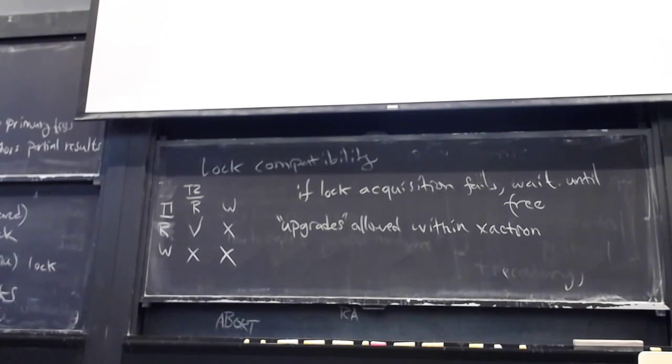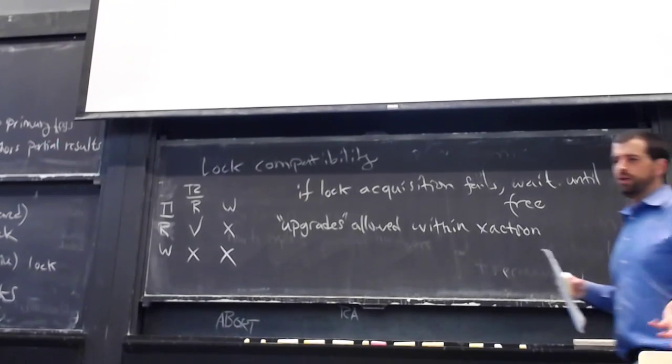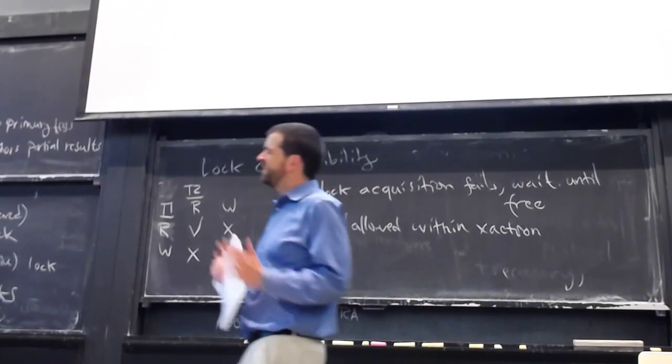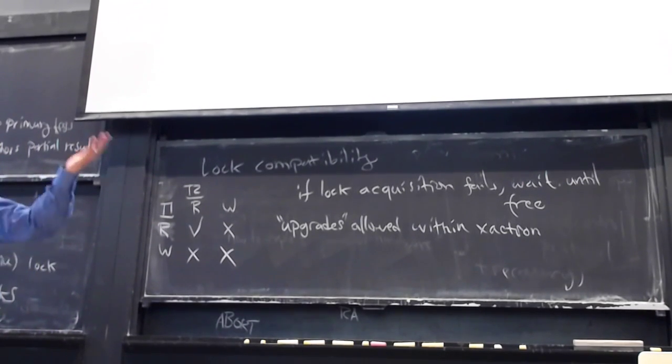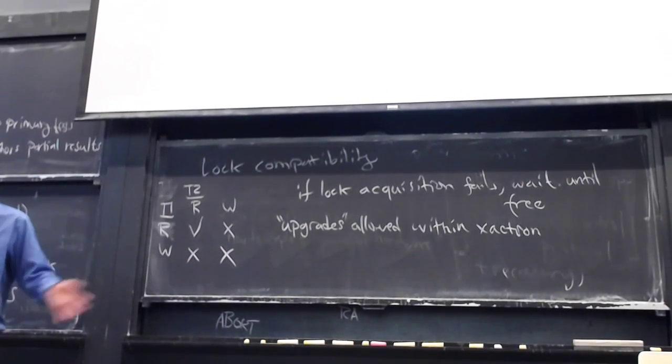So we need to precede every attempt to access an object with a check to verify that we hold the lock on it. Just like if you're doing concurrent programming with mutexes, you have a mutex that protects a variable, and you always acquire that mutex before you enter the critical section that protects variables accessed by multiple threads. The difference here is that, unlike with a mutex where you release the lock as soon as you exit the critical section, you're going to hold this lock for the duration, or at least until the lock point.